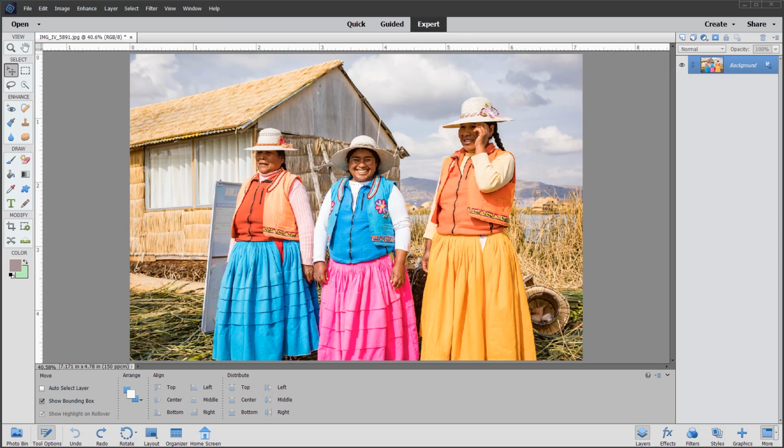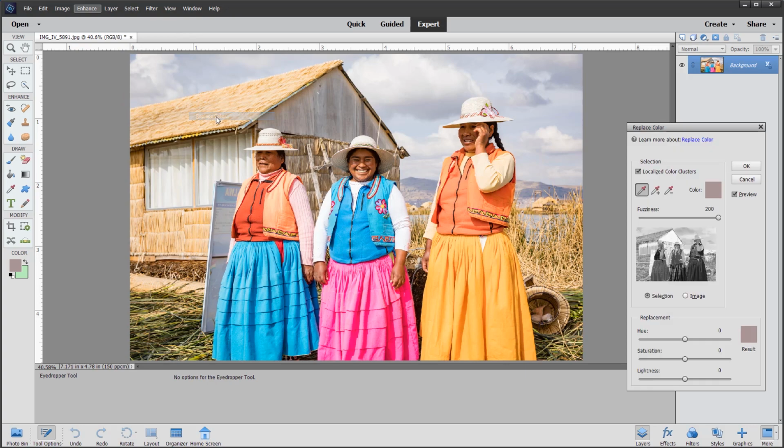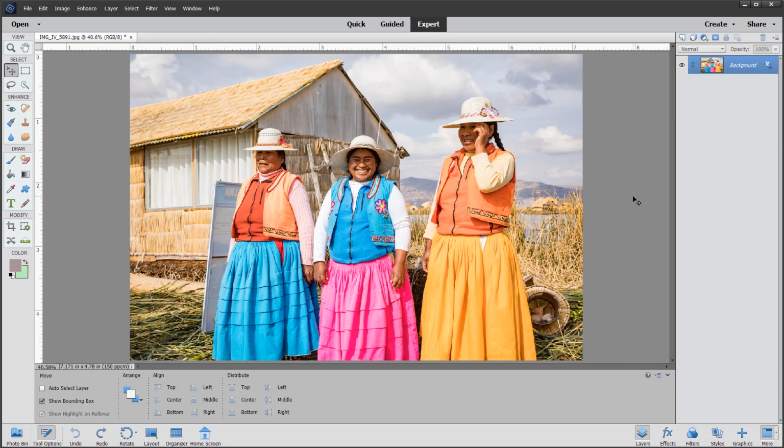Today's tutorial is about color replacement. We've had for a while under the Enhance menu, Adjust Color, Replace Color, this dialog which allows us to use the color pickers and the fuzziness slider to create a mask, and then the hue, saturation and lightness sliders. But I'm going to close that down because today I'm going to show you another trick using the gradient map. And it's not something that's fully understood by everyone and often gets overlooked, but it's quite a powerful tool for